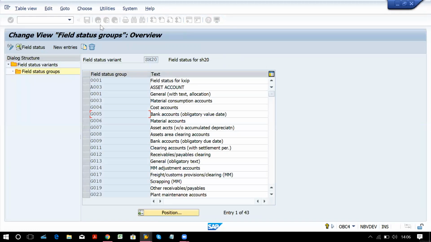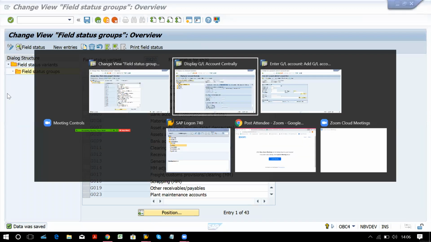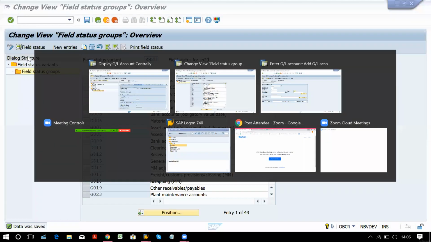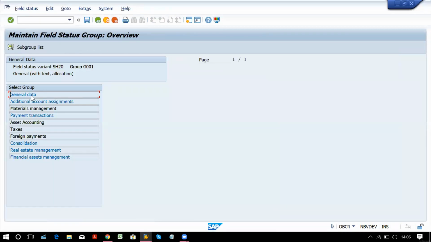And now for the share capital account, it is saying that profit center and cost center are mandatory. Now go to the liability side, share capital, and check which field status group you have assigned. So we have assigned G001. You will go to G001 and look out for that particular field.